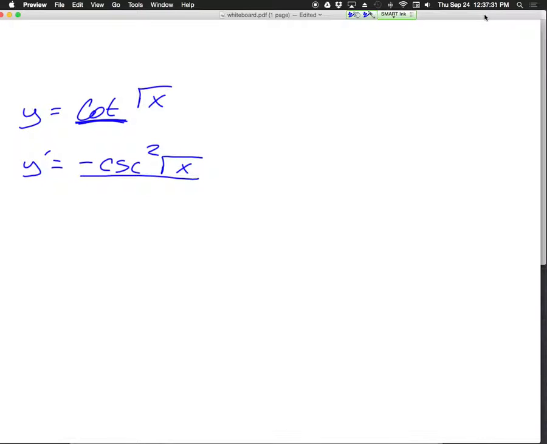So that's the derivative of the outside. Now I have to take the derivative of the inside. And what have I told you the derivative of the square root of x is? 1 over 2 times the square root of x. Can I cancel those square root of x's out? No. Why not? Because